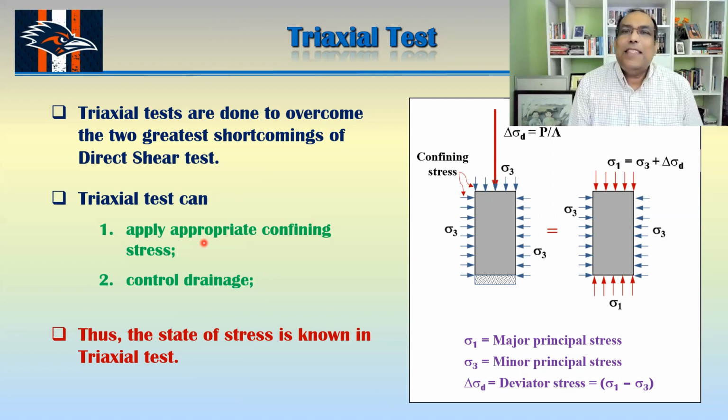The second thing is we can control the drainage based on the field situation. Thus the state of stress is known for the triaxial test, and it's much easier to draw the Mohr circle from there, and you can find out the other parameters